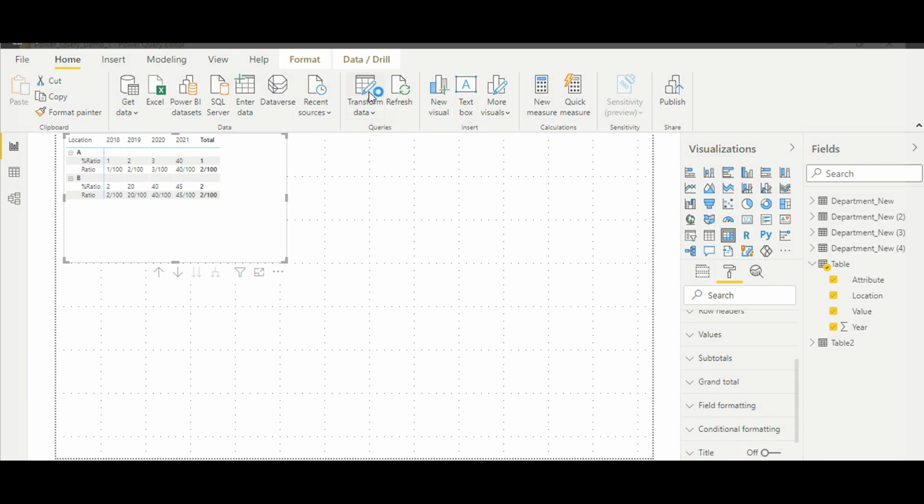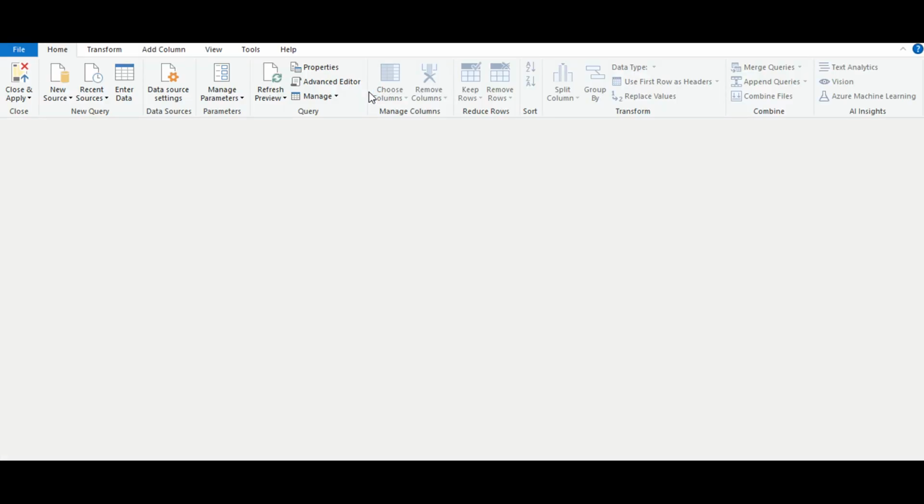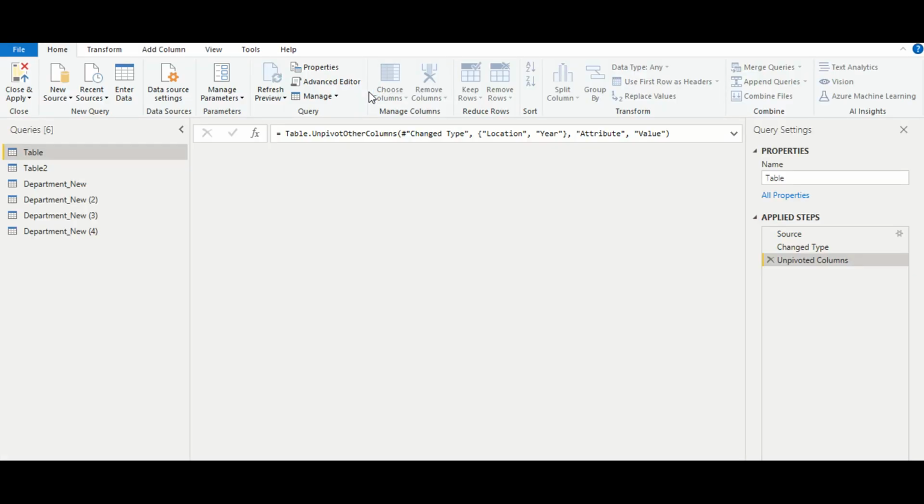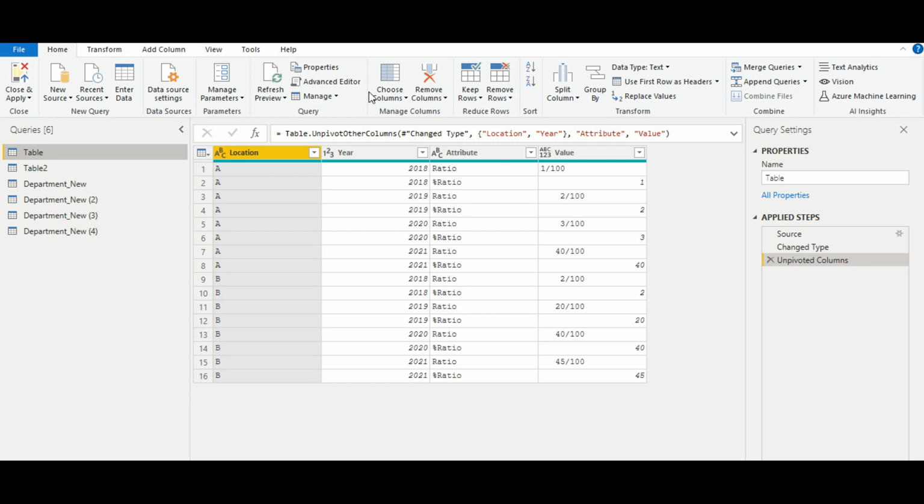So this is one good application of what the Power Query Editor can do with respect to the data set structure. In future videos, let's see other key functionalities of the Power Query Editor and what we can do with the different data sources present. Of course, if you have any interesting data set, do comment on the video and share the data set. We can take a look at how we can handle the specifics of that data set.